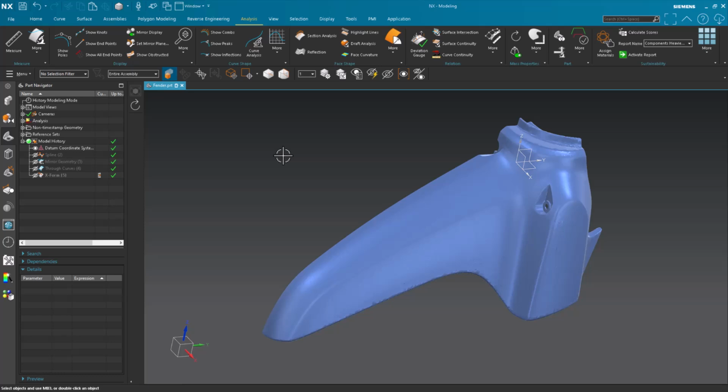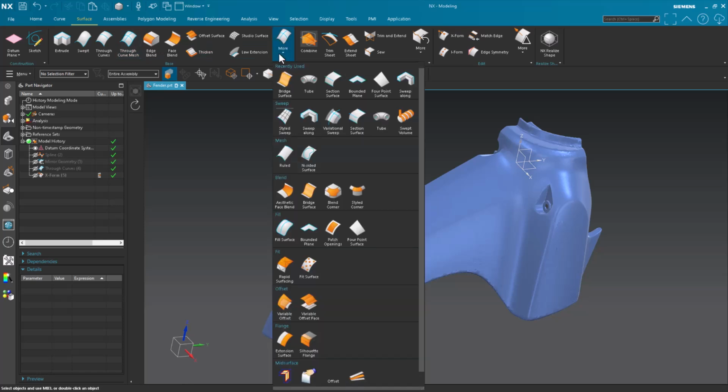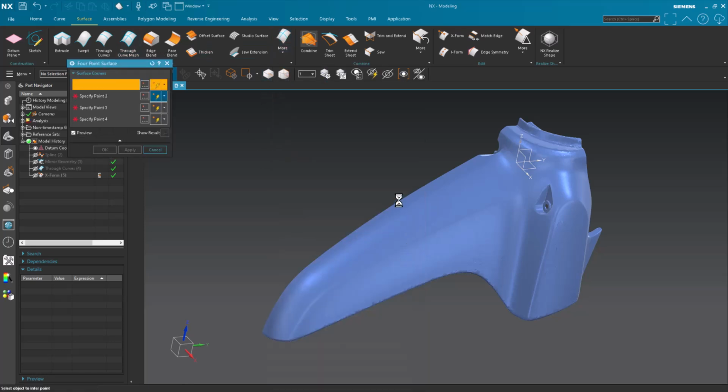on an area just under the handle because it needed additional width, thickness, material, fasteners, and so forth. So again, what you are doing is using that scan as a basis for your surfaces. I do not want to make a surface that fits perfectly on any of this stuff, because if I do, let's do this. I'm going to go in here, I'm going to say 4-point surface,